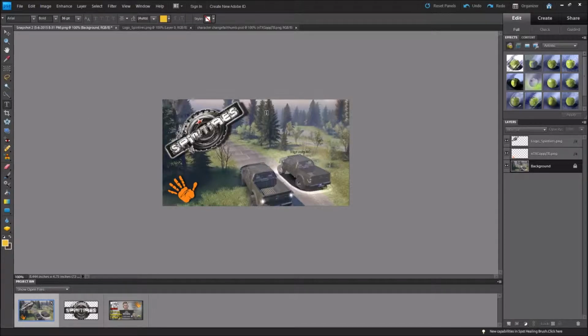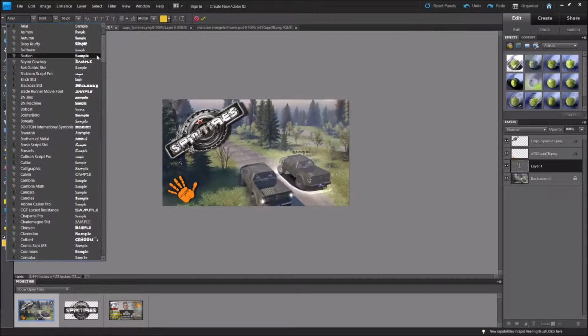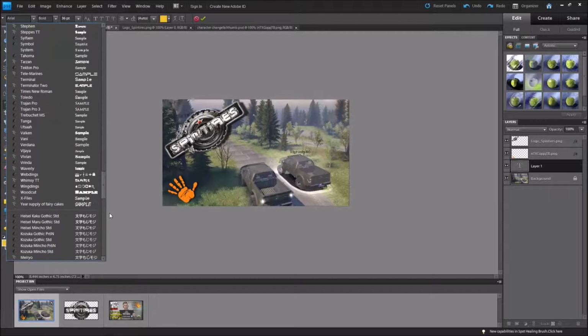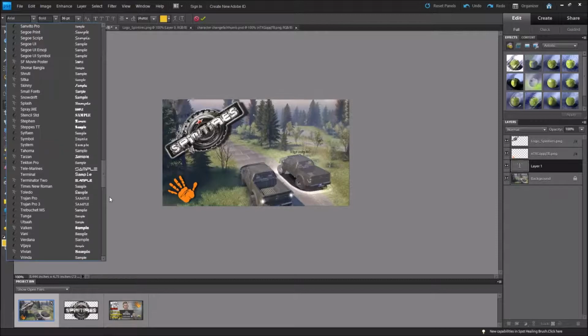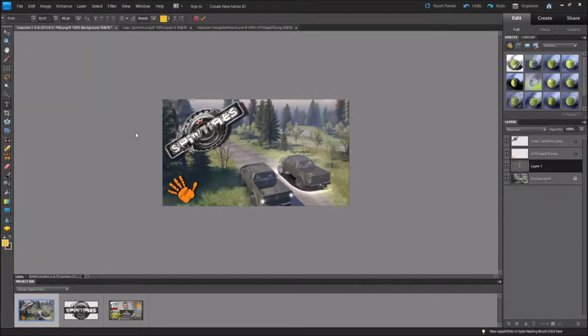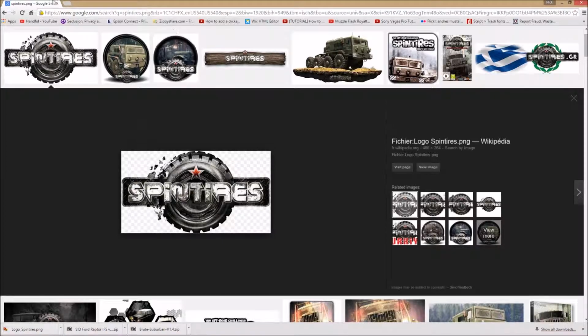And now I gotta put a title here, and hopefully not cover up too much stuff. That's not gonna be good, I guess, but whatever, we're gonna make this work. I'm gonna use what I usually use. I'm not gonna remember this. Great. So anyway, what we're gonna do here is I'm gonna go Spin Tires. This actually was a mod. Oh, it's not going like that here. Let's do that. So this was a mod that I got from